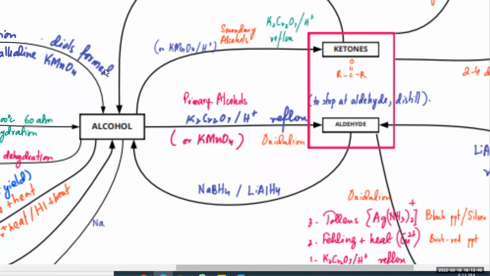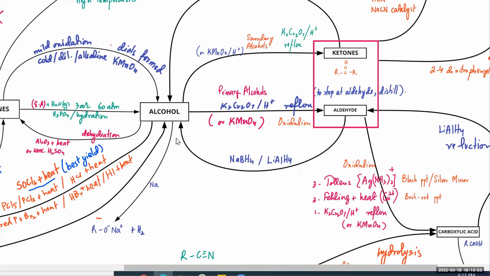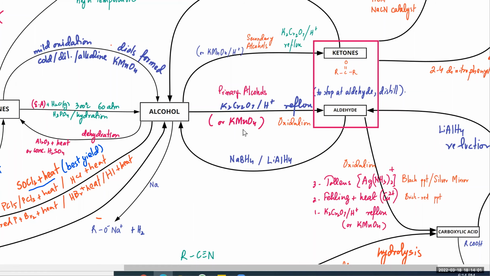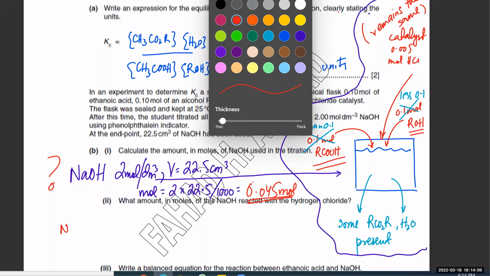So if you look at the chart and you zoom into alcohols, you would notice that alcohols have no reaction with NaOH. They do react with Na, but not with NaOH. तो इनका तो कोई reaction नहीं है. तो इसका एक तो मतलब हो गया कि अल्कोहल का तो कोई काम नहीं है. और इसको मैं हाईलाइट करूं, ब्लैक में कर लेते हैं. अच्छा,